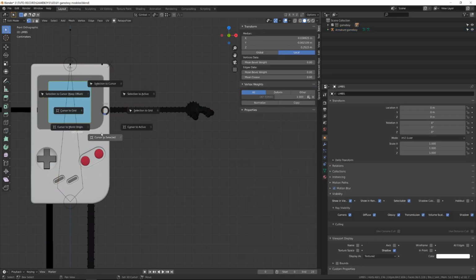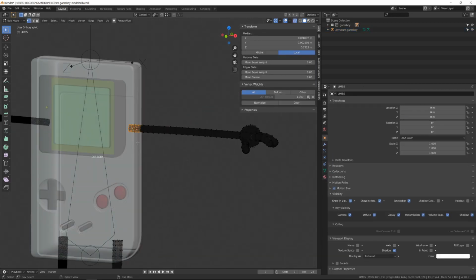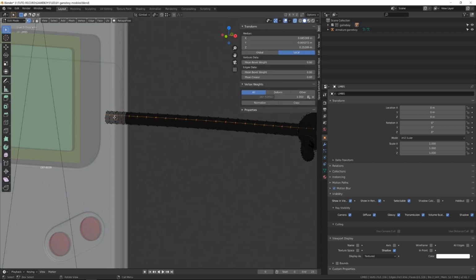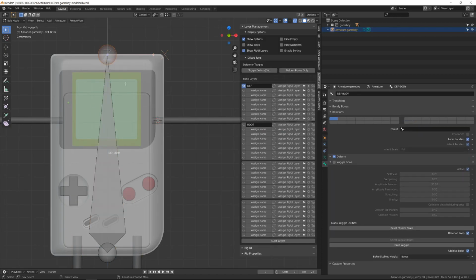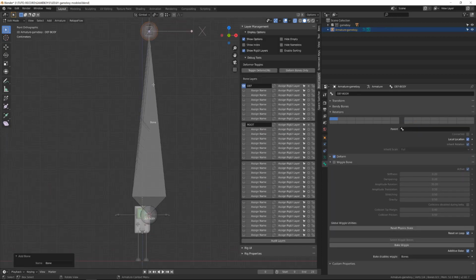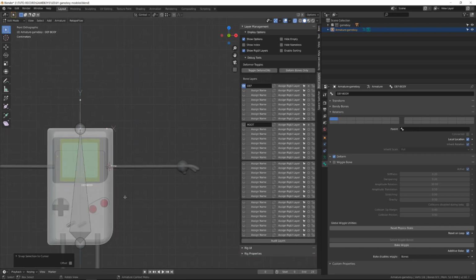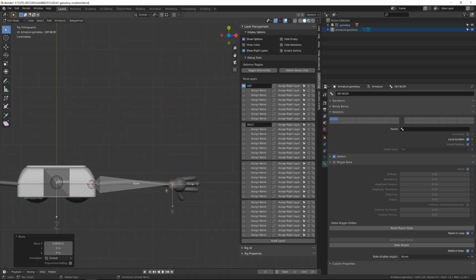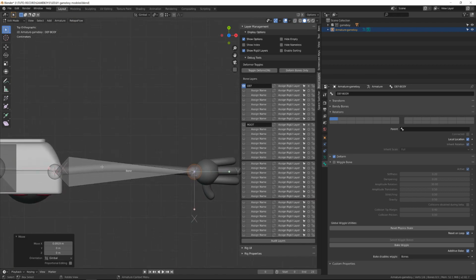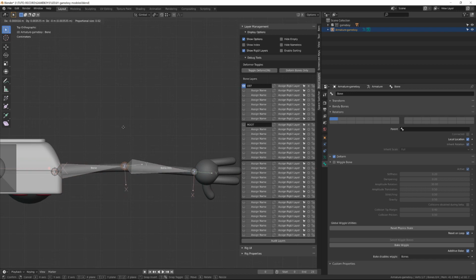Now I will get back into object mode by pressing Tab and I will enter edit mode on the limb. The idea is to select a loop of vertices at the base of the arm, press Shift S and snap the cursor here. This will allow us to create a new bone back in edit mode in the armature. Shift A. It will create this new bone that will be aligned with the arm. I just need then to move its tail till I reach the wrist. I will right click on the bone and subdivide it and then move the elbow a bit backward.